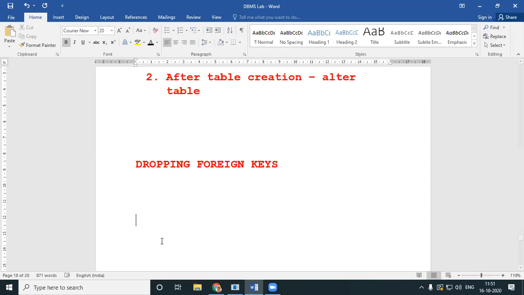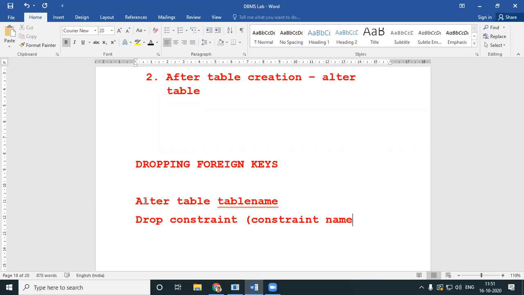It's very simple. Alter table, table name, drop constraint, constraint name, very simple. Alter table, table name, drop constraint called constraint name, end it up with a semicolon.